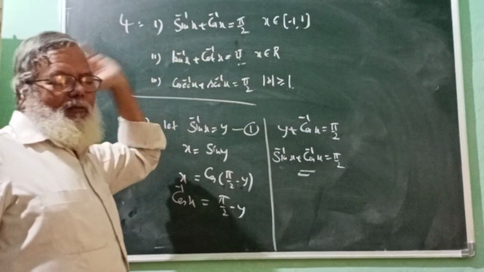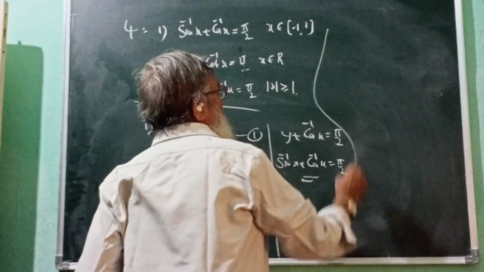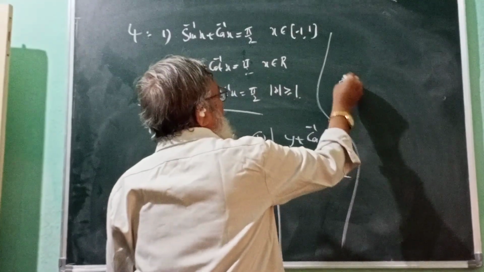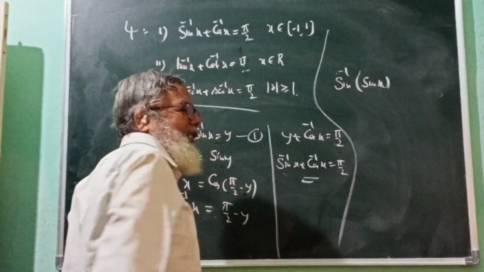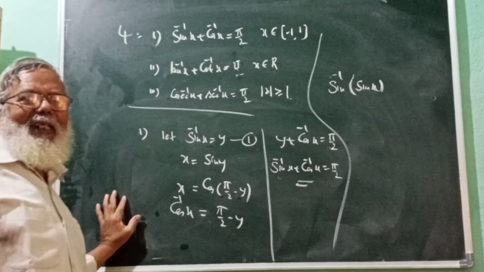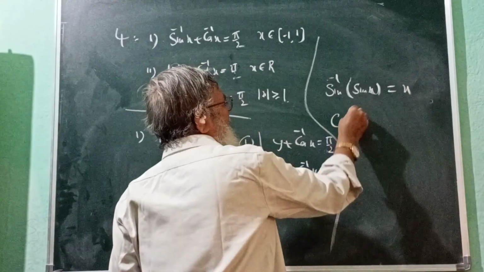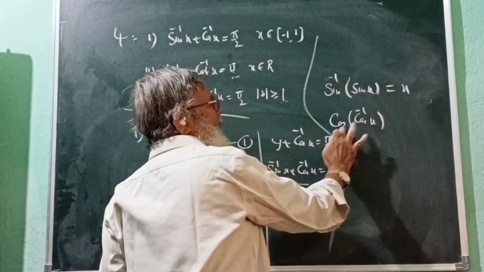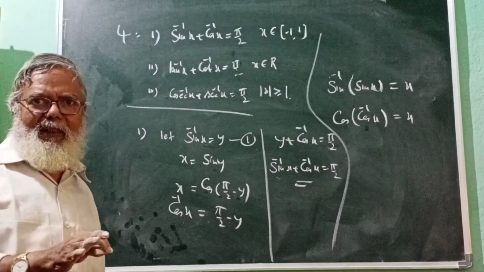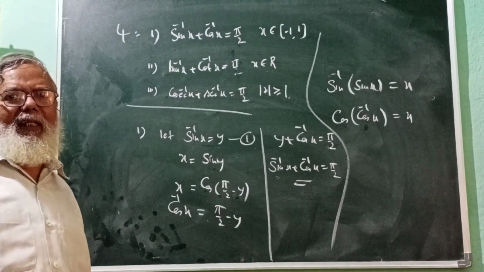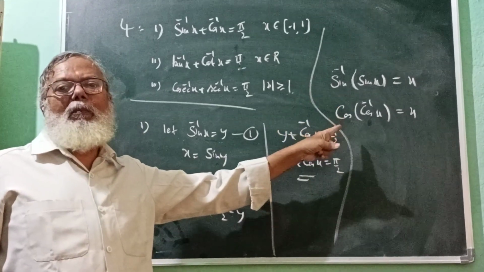Apart from these four sets of formulas, we have a general definition of the inverse function. For example, sin inverse of sin x. Whenever sin and sin inverse appear immediately together, because they are inverses of each other, they cancel each other. The value will be x. Similarly cos and cos inverse, whenever they appear immediately, they cancel each other. Similarly tan and tan inverse, sec and sec inverse. This is the fundamental property of the inverse function. We make use of this property in solving the problems.